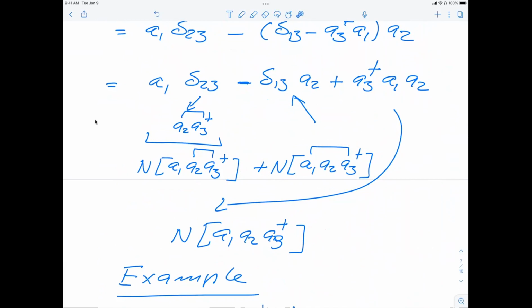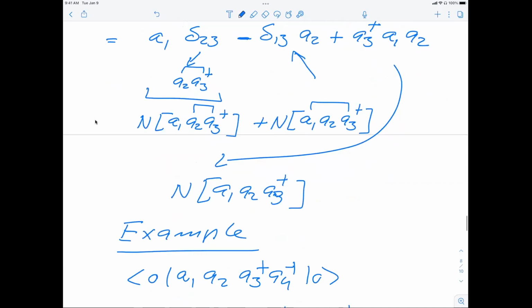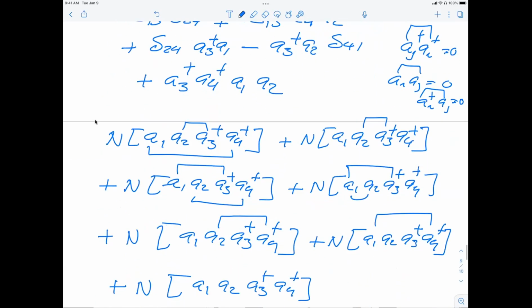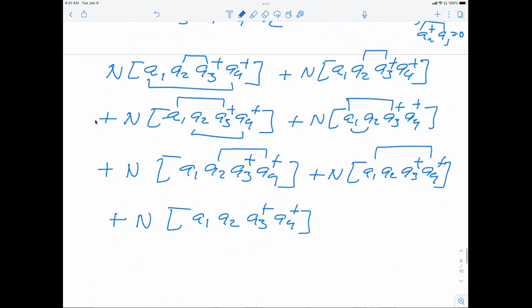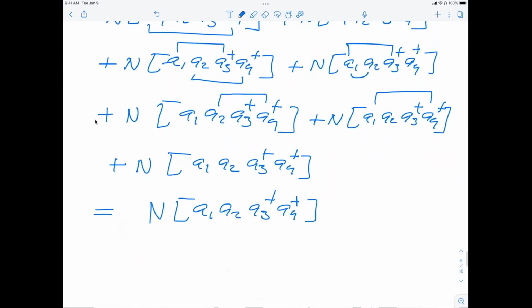Because if I take this one, that's 0. If I take that one, it's 0. So it's only the non-zero contractions. You can obviously sum freely over all of them if you want to. But if we want to systematize this, you can now rewrite this as the normal order product of A1, A2, A3 dagger, A4 dagger, plus, and now I'm going to introduce a notation here